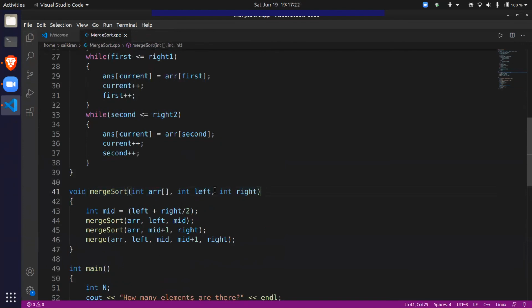Okay, I gave it left, right. I gave it the array. It's divided into 2 parts. Now it's calling merge sort again. So again we go here. It divides it into 2 parts, and it calls merge sort again. It goes here, divides, calls again, goes here, divides, and this happens infinitely many times. There's no condition which checks if the problem is small or not. Like it's doing this infinitely, and that takes up stack space.